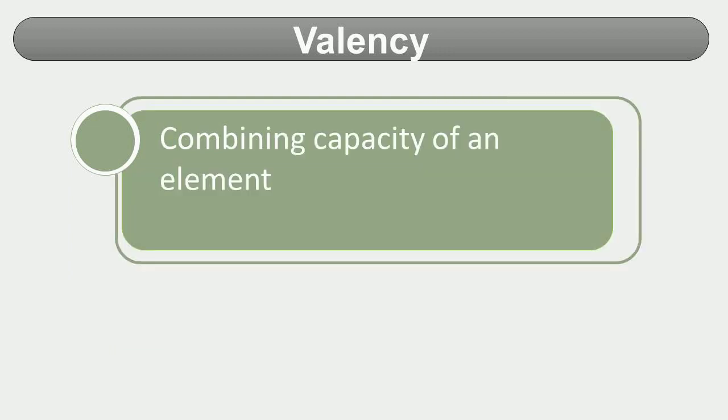Valency is the combining capacity of an element, and it is always expressed as a whole number. Valency of an element is the number of electrons lost, gained, or contributed for sharing by an atom of the element in order to acquire the stable nearest noble gas configuration. We can tell the valency of an element if we know the number of electrons present in the outermost shell of an atom of that element. The outermost shell of an atom is called the valence shell, and the electrons available in the outermost shell of an atom are called the valence electrons.